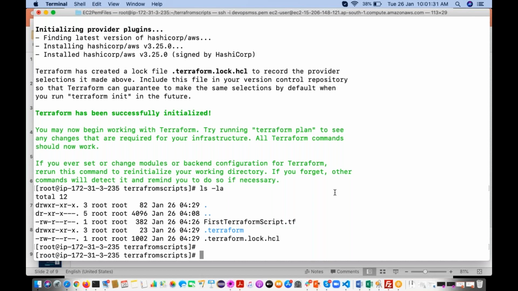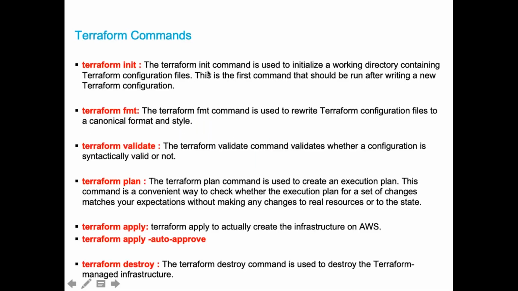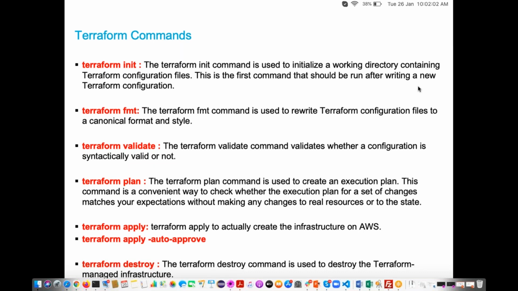Okay. So first we executed the terraform init command. The terraform init command is used to initialize the working directory containing Terraform configuration files. This is the first command that should be run after writing your Terraform configuration.